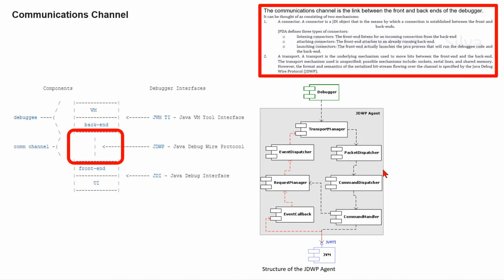To serve as a bridge between the debugger and the target JVM, the JDWP agent implements the command execution flow. In this flow, the transport manager acts as a gateway for all incoming and outgoing